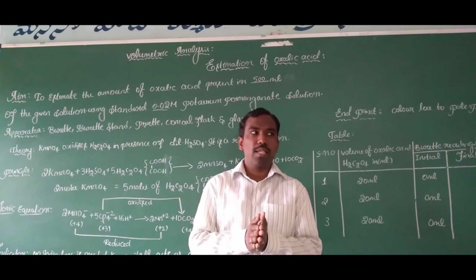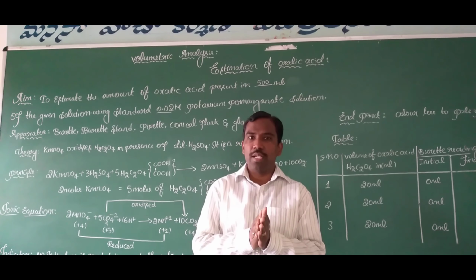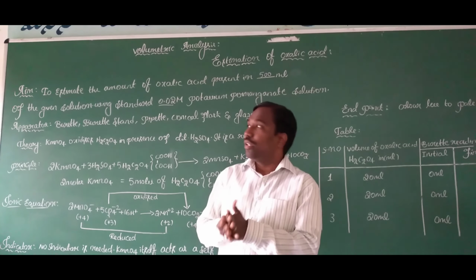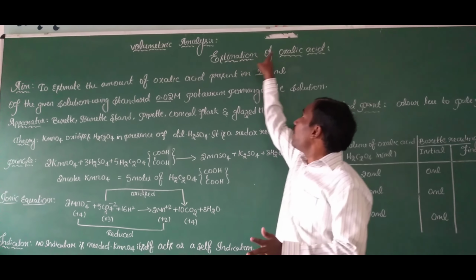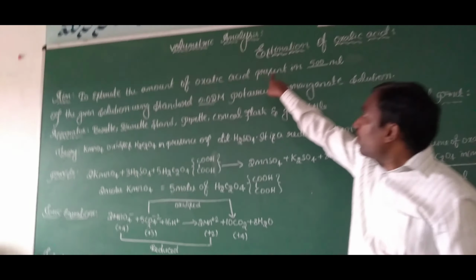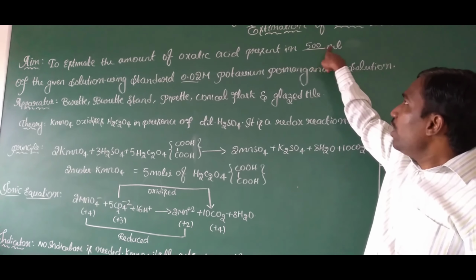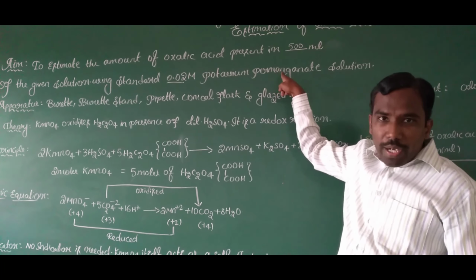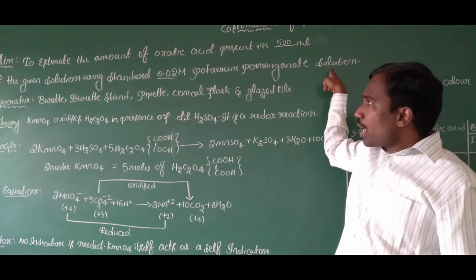Students, today we discuss permanganometric titration. It is one part of volumetric analysis. Today we discuss estimation of oxalic acid. Aim: to estimate the amount of oxalic acid present in 500 ml of the given solution using 0.02 M potassium